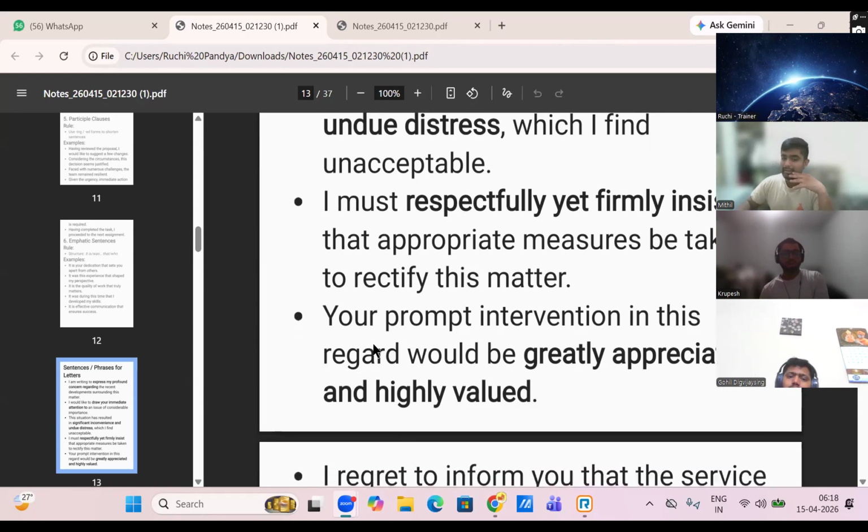So the meaning is like, prompt का तो meaning वो होता है ना कि तुरंत, your तुरंत, मतलब without any delays आपका जो checking है regarding to this, on this regard मतलब on this area, will be greatly appreciated मतलब appreciation मिलेगा अगर आप जल्दी से चेक करोगे तो, और उसकी वैल्यू मैं वैल्यू भी करता हूँ, highly valued. ओके, will be highly valued, राइट, like मुझे काम आएगा, it will be valued by me.